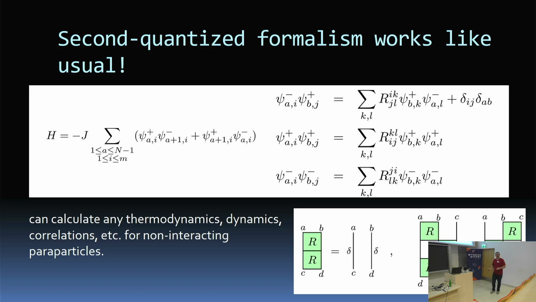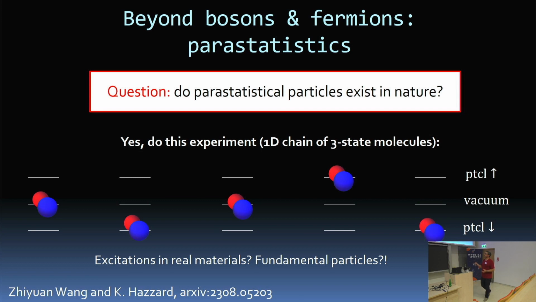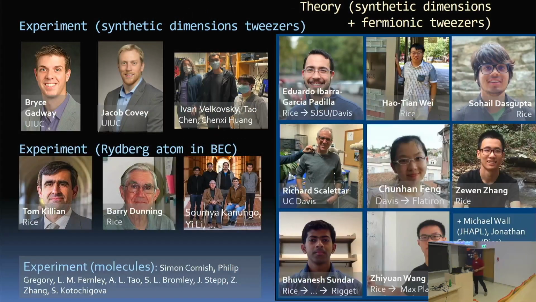It works beautifully, and the simplest example of a theory that gives rise to these is exactly a 3-level molecule system. Just take the sort of one-dimensional synthetic dimension with 3 states, or you can just think of it as a spin 1 model. Take a 1D chain. This is exactly solvable, and the excitations are in fact parastatistical in nature, not fermionic or bosonic. And unlike anyons, this extends to 3 dimensions. So someone should go do that experiment and observe these for the first time.